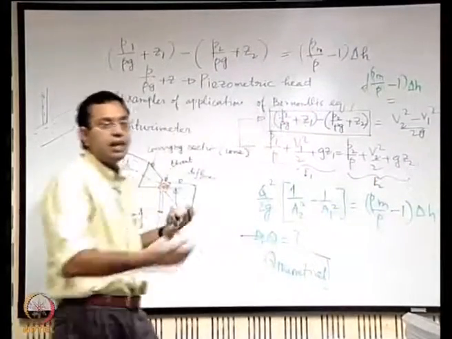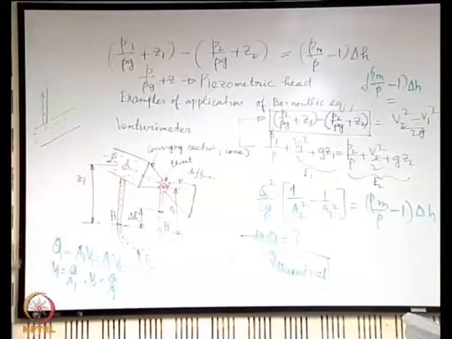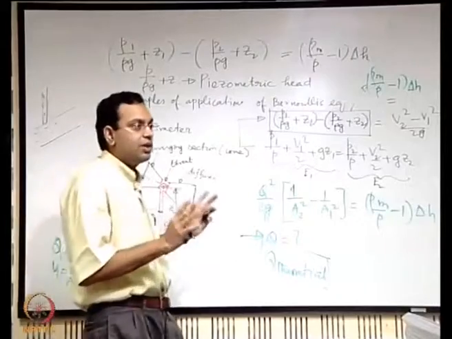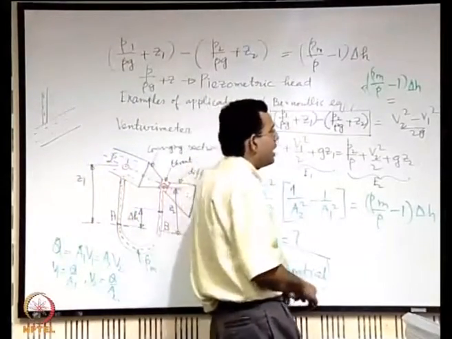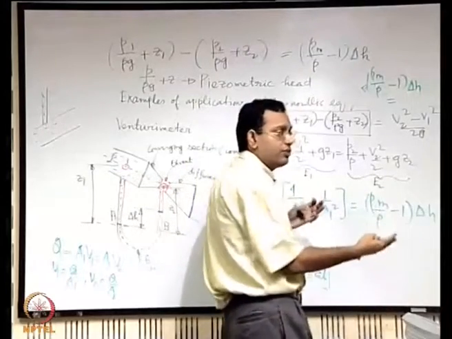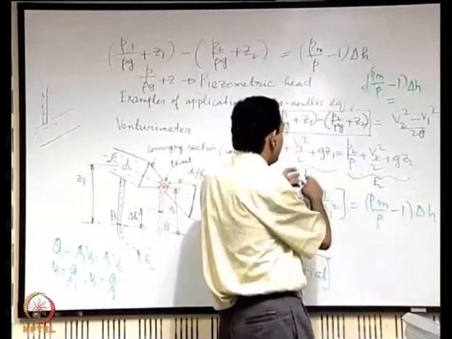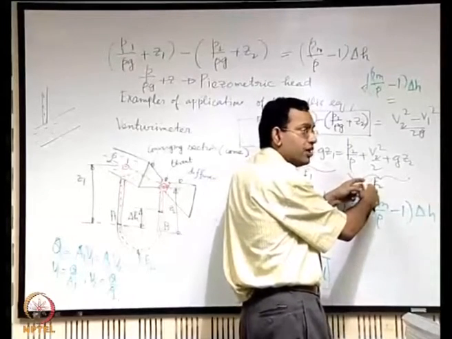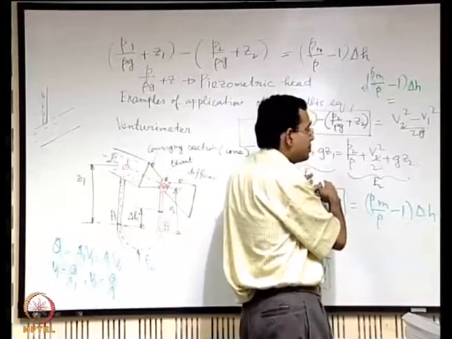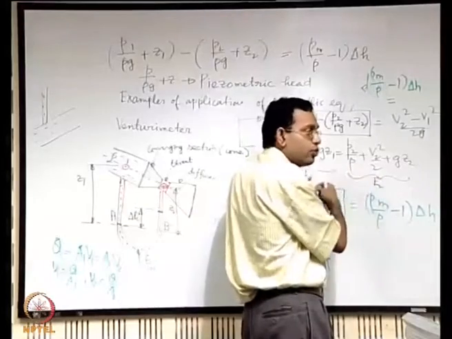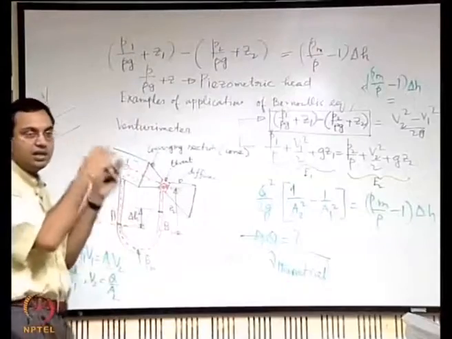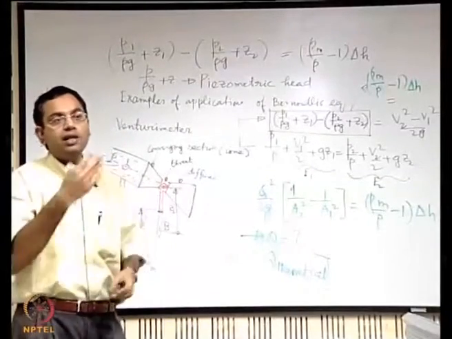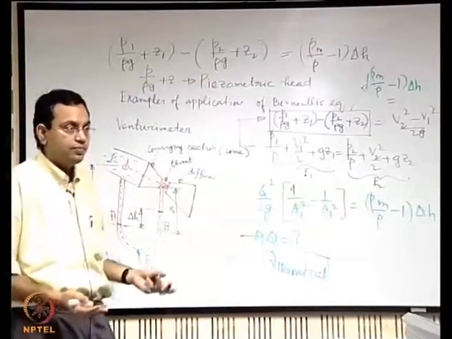In one of our later chapters we will try to characterize these losses in a more formal way, but we will just keep in mind that there are certain losses because of viscous effects, and these losses will give you a guideline of what the direction of flow is. Say you know nothing, you are given some E1 and some E2. If E2 is greater than E1, you must be assured that flow is taking place from 2 to 1, not from 1 to 2. So it is basically taking place from a high head to a low head. It can't be the other way, because where will the head come from?